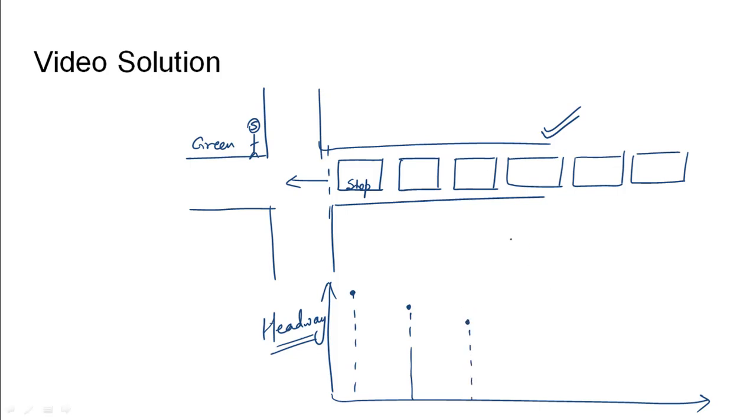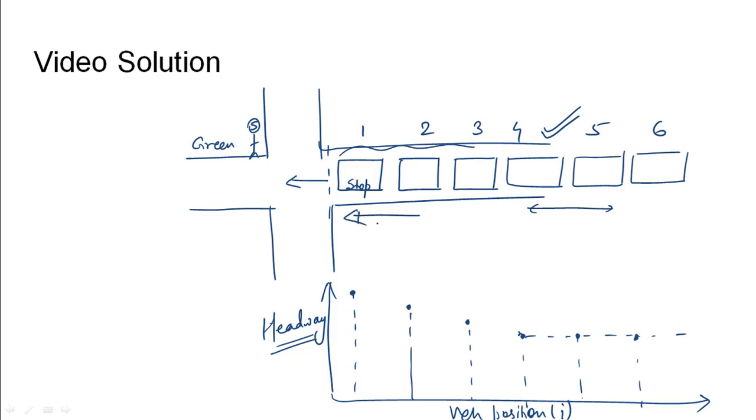What happens once we reach around 4 or 5 vehicles is, if we indicate vehicle position by I, let us say this is 1, this is 2, this is 3, this is 4, 5, 6. Once we reach the 4th or 5th vehicle, they need almost the same headways to react to the moving traffic. They do not need any additional time because they can see that the front 3 or 4 vehicles have started moving. So the vehicles at the back from the 4th or 5th position do not need a large amount of time to react. They can almost react with a constant headway which is saturated at a certain level.